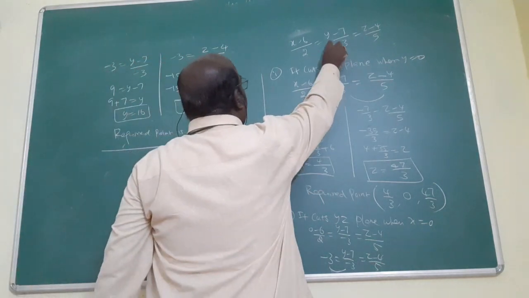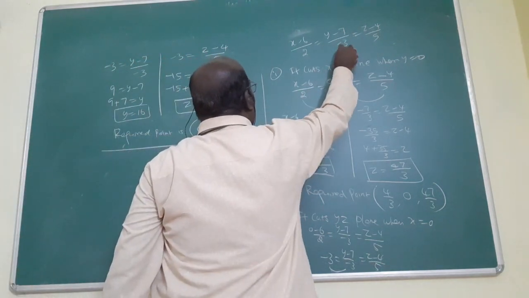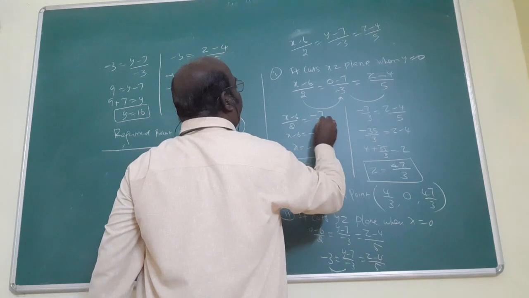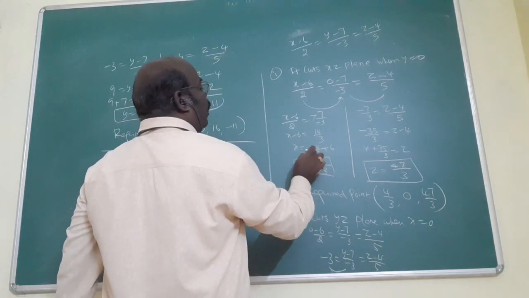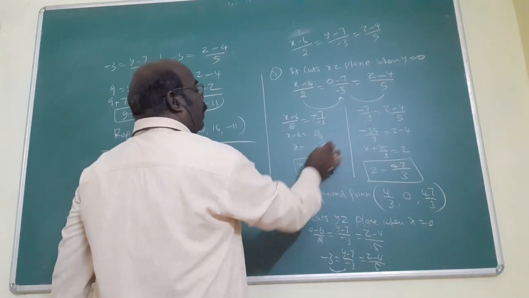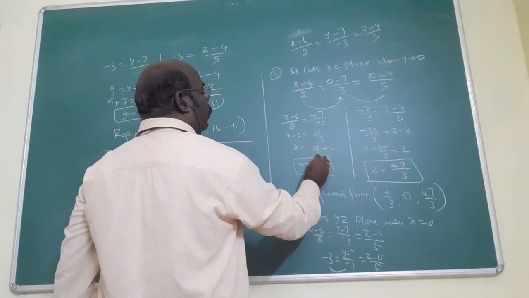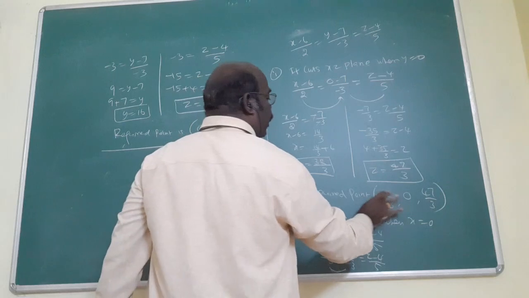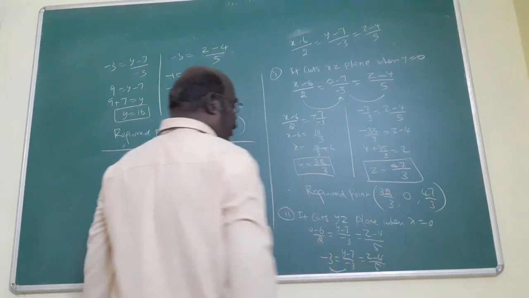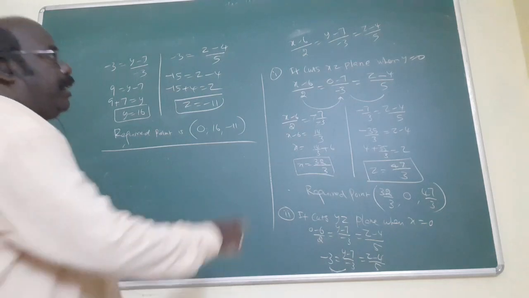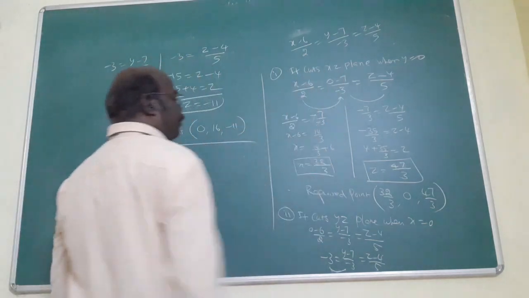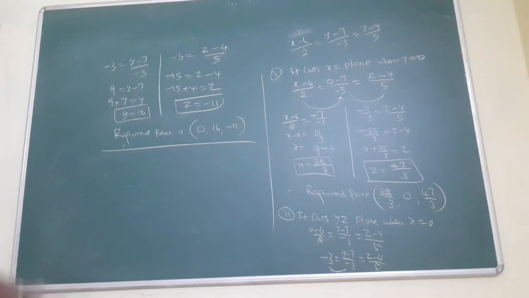Here a small mistake is there. Y minus 7 by minus 3, no? Put minus 3. Here also minus 3 cancels. Now only 14 by 3. Here 14 by 3 plus 6 is what? Cross multiply, 18. 32 by 3. Am I right? 32 by 3. Here all the pattern is the same, small change. Here minus 3 is there, that's why put minus 3. In this way you will find the first point and the second point. Important question.